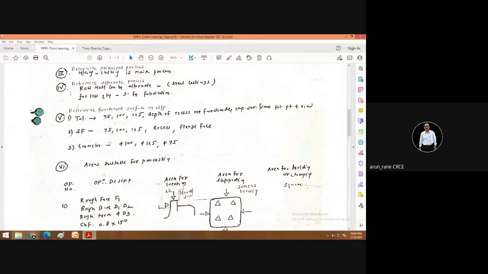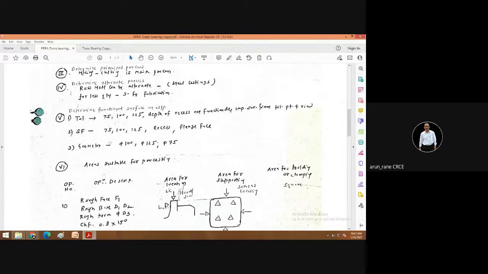Based on the surface finish, obviously the tolerance is 0.02. By default, whichever surface has a close tolerance will automatically be important for surface finish, isn't it? When you talk about 0.02 tolerance, that means your surface finish has to be better than 0.02, isn't it? Because surface finish is nothing but the height difference between the crests, that is peaks, and the valleys.